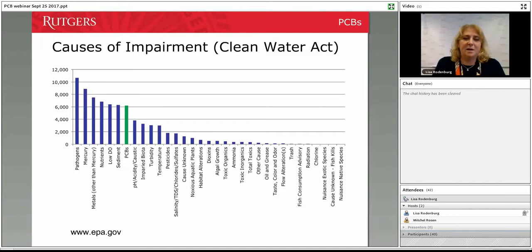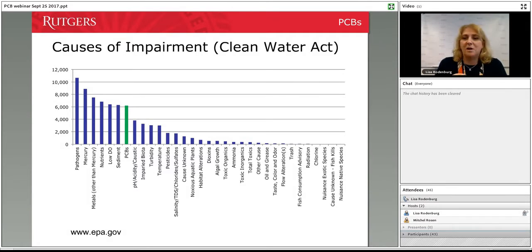And so this is a couple years old now, but I have no reason to think that the picture has changed here. These are the causes of impairment listed under the Clean Water Act for water bodies all across the United States. So this is all of the water bodies in the United States that are considered to be impaired. This is a list of what are the top reasons for impairment. And you can see the first few: pathogens, mercury, metals, nutrients, low dissolved oxygen, sediment, and then you get to